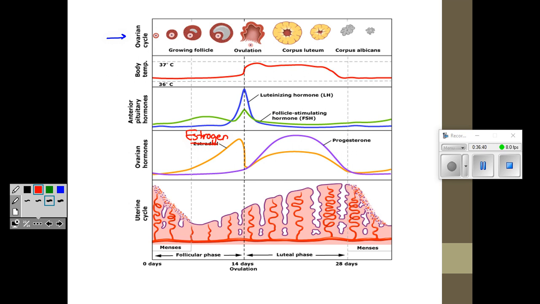And then the bottom one is showing more or less the same thing we just looked at with the uterus, how the lining of the uterus is thicker. It becomes thinner because the lining is shed, and then it starts to get thicker over time, and then it would start all over again once the 28 days have passed.